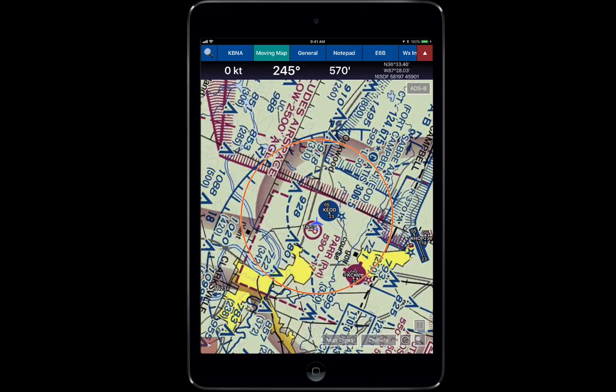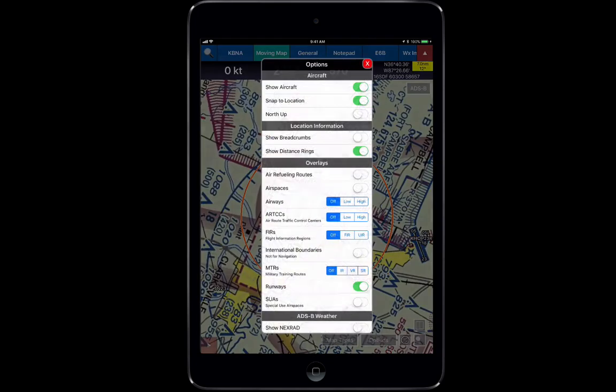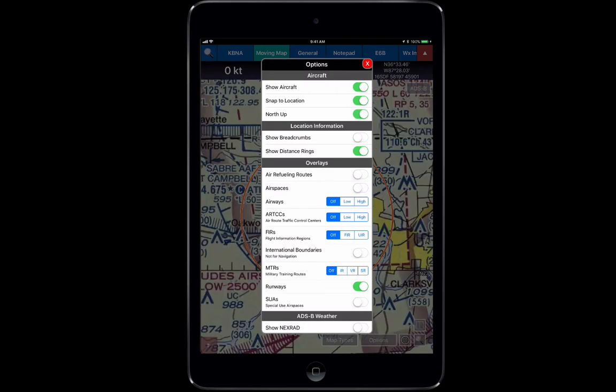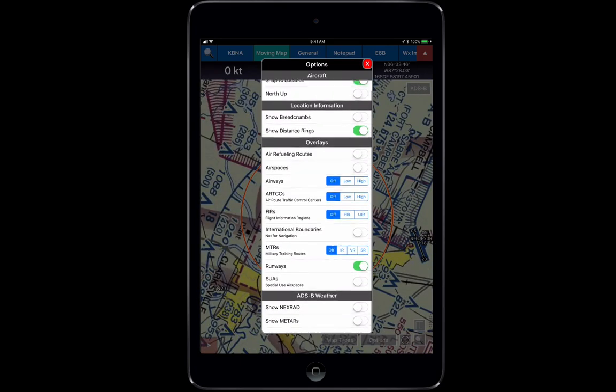Next to the glass for searching, you have your reticle, and all that does is snap back to your location of wherever you are. In our options tab, that's going to bring up all the options that we have that specifically deal with the moving map. You can show aircraft, you can do a snap to location, you can change to north up for those of you weirdos that like to fly north up. You can show breadcrumbs, and you can see all of the different information that can be shown on this map,